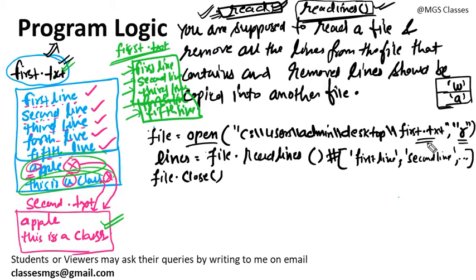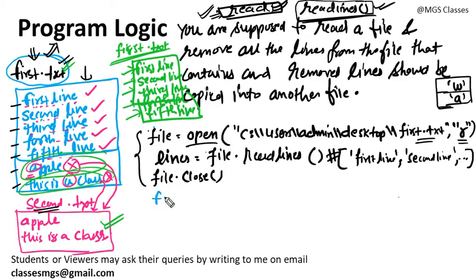Okay, let me show you what I am trying to say. I will read these lines. I have stored all those lines in a list variable. I will apply a for loop to pick these lines one by one. Then I am going to open this first.txt file in write mode. If the line contains A, then don't write it in first.txt, and write it in second.txt instead. So let me show you what I am trying to say.